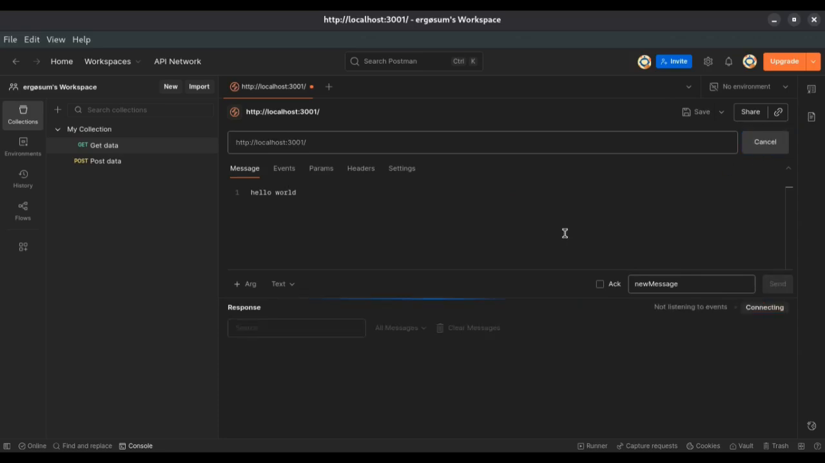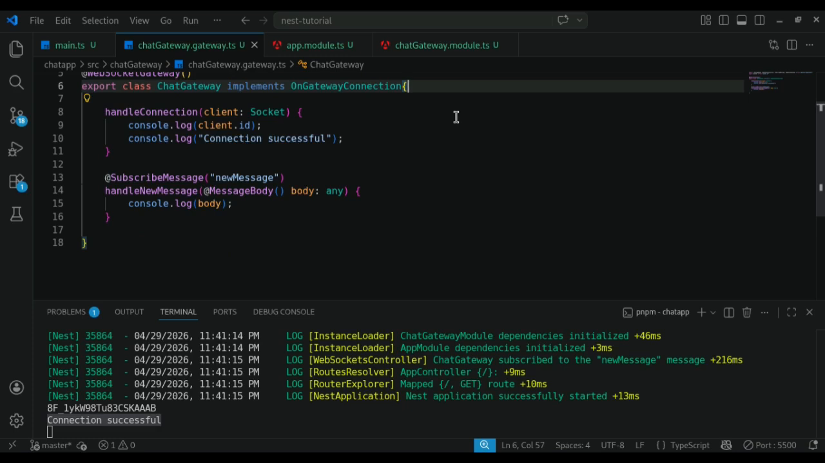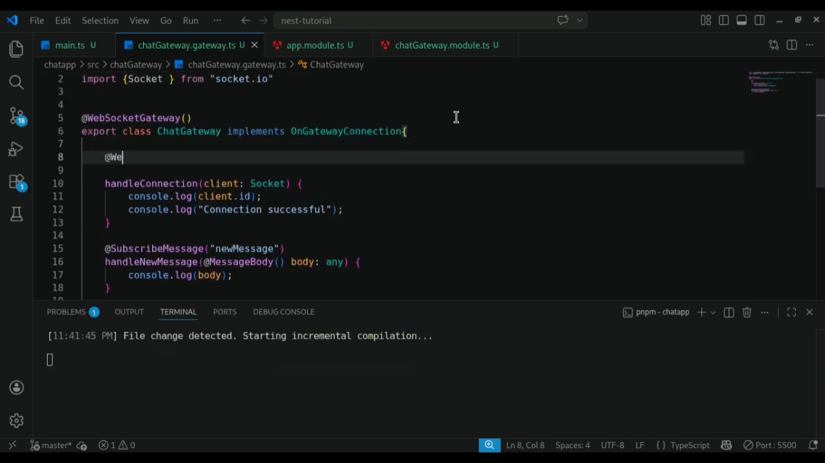And once we are connected, when we come back here, we expect to see the ID of the client and connection successful, and this is great. So that's done. The next thing we need to do is we need to create